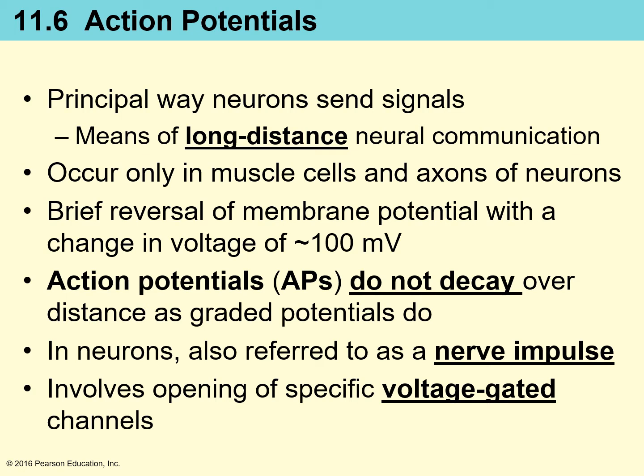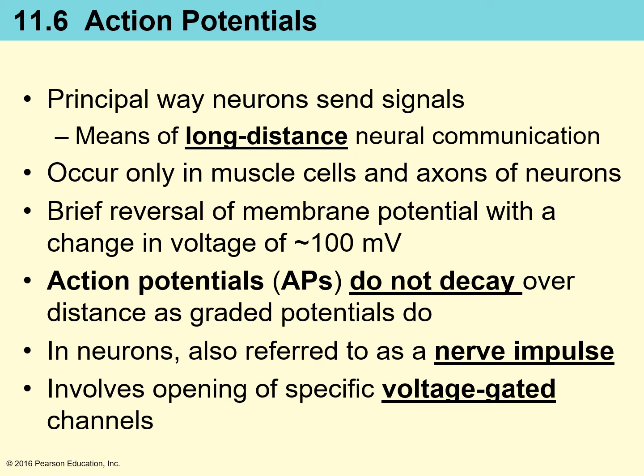Now, an action potential is the way a neuron is going to send a signal from one neuron to another, because it can travel a much longer distance. Action potentials we do see in muscle cells as well as along the axon of neurons, and that's usually it. It will go over a longer distance, so the entire length of the axon, and you usually have a much